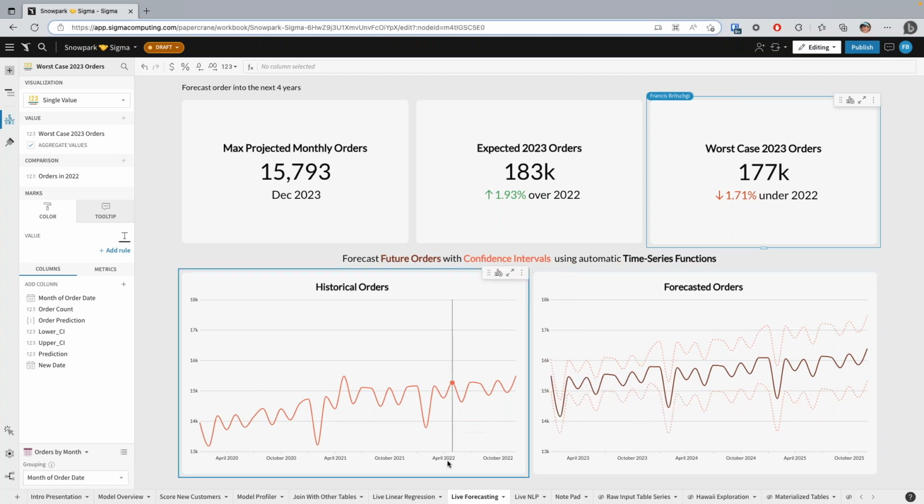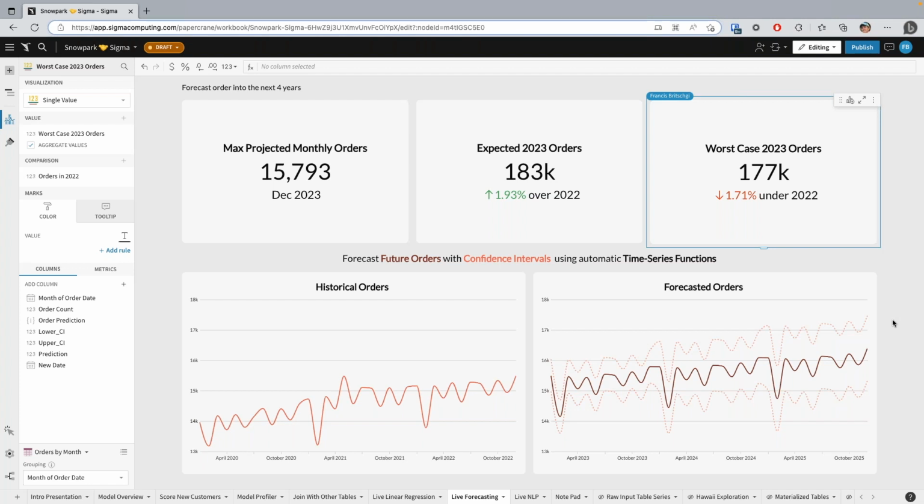So I've shown you the linear regression example. I've shown you this forecasting example. I'll take another pause for questions here. Nate, are you getting anything in the chat? No, I think we're all good. If anyone has questions about forecasting, time series analysis, feel free to throw it in. Otherwise, we can move on to the NLP.